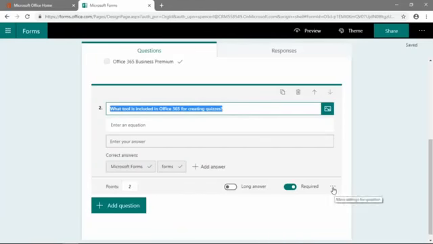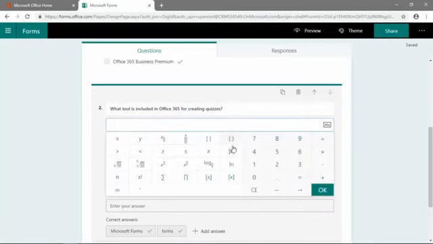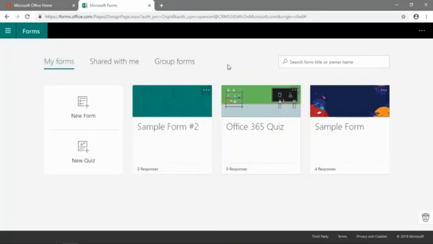And just to show you again the real academic appeal behind Forms, something like turning on the math selector, we can add equations. This takes me back to high school math, so we won't spend a lot of time here, but really interesting academic appeal to Microsoft Forms is still front and center when you're adding questions on the quiz side. So back at the main screen here in Forms, I just want to show you one last thing as far as